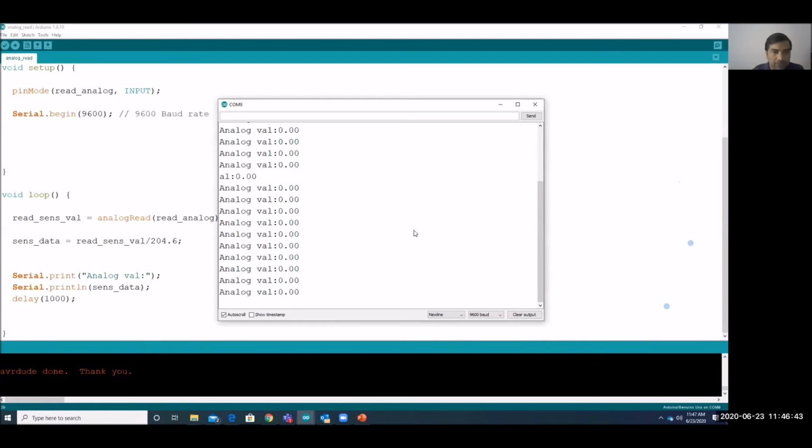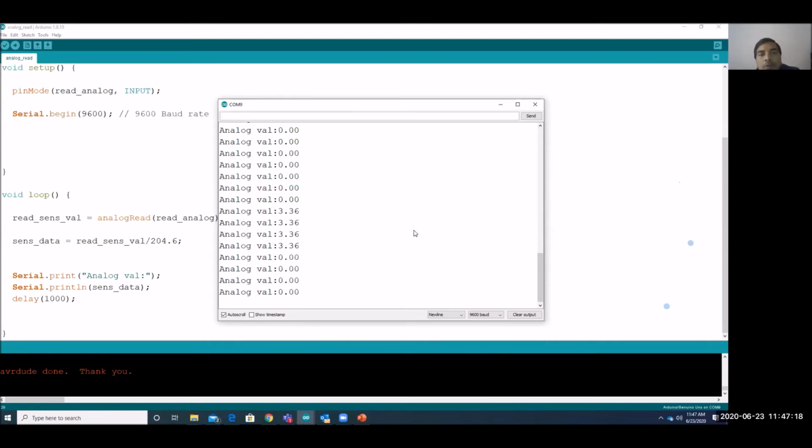So what value are you getting currently? In this sensor, a high output will give 3.3 volt. That is the maximum voltage coming out from the sensor. In case of low, it will give you 0 volt. So exactly you can read what value is coming from the sensor. You are getting only two values: in case of high you are getting 3.3, in case of low you are getting 0.